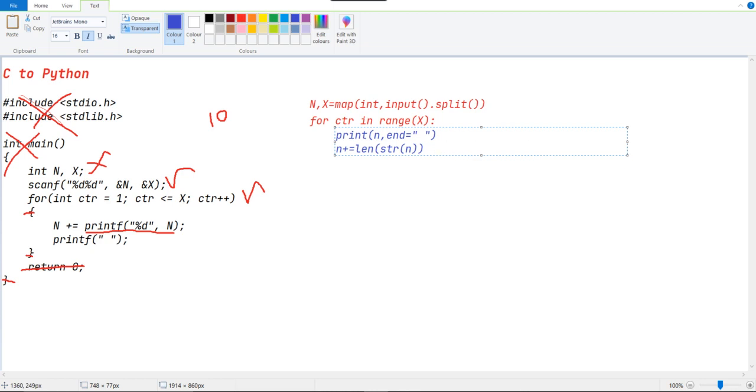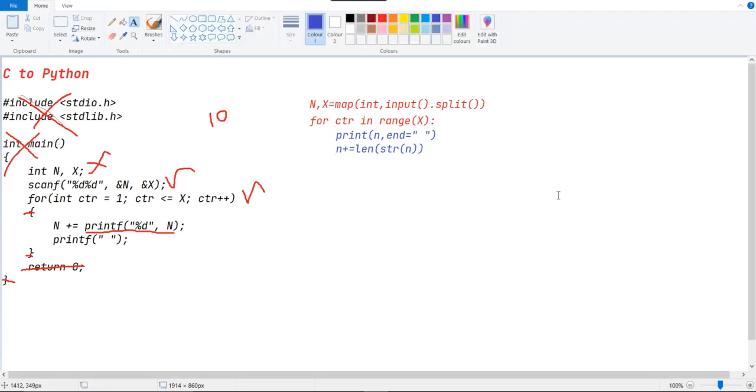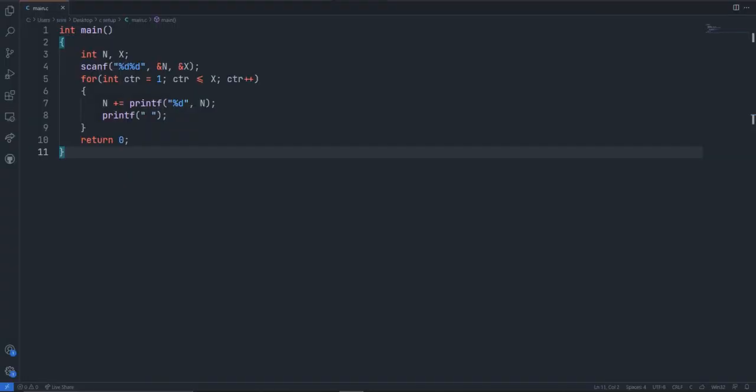it will typecast the value 10 as a string, because we can't find the count of characters if the given value is an integer. So first we will typecast the value as string, and then we are finding the length using the len method. And that's it, guys. So if we run this program,